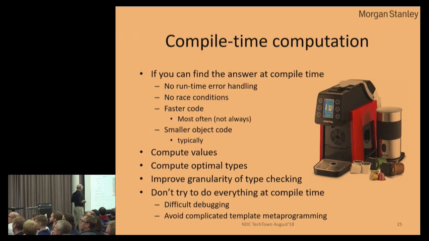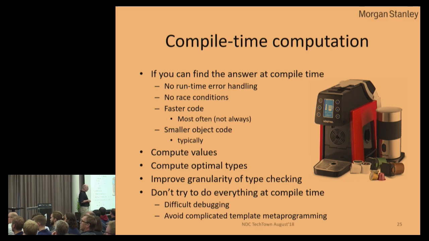And there's some really nice aspects to do that. Like, you don't have to have error handling because the errors turned out to be compile time errors. Rather than calling an error handler and figuring out what to do, you can't have a race condition on a constant. If you have concurrency in your system, as most of us do most of the time these days, having calculated things at compile time so that you can't have a race condition is good.